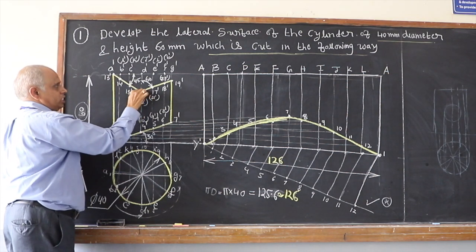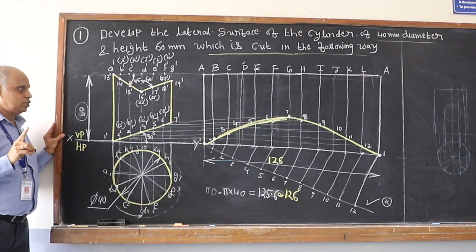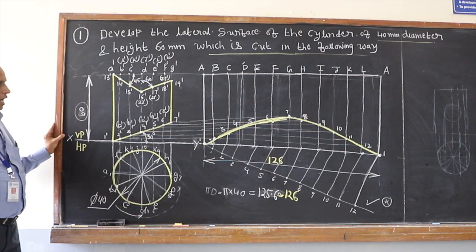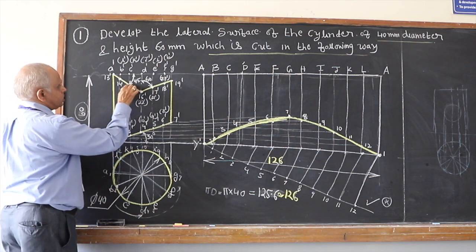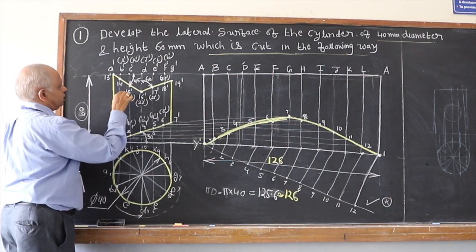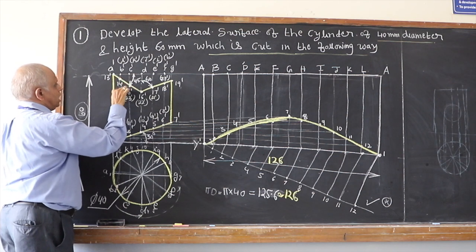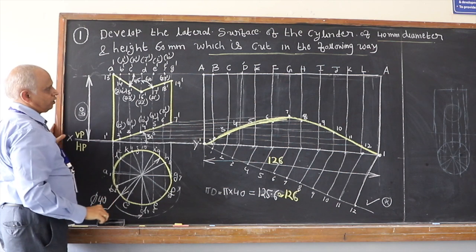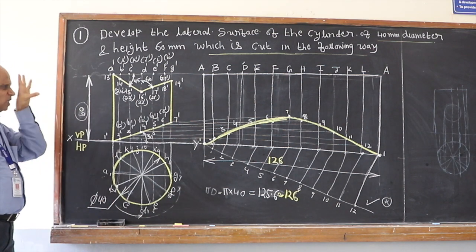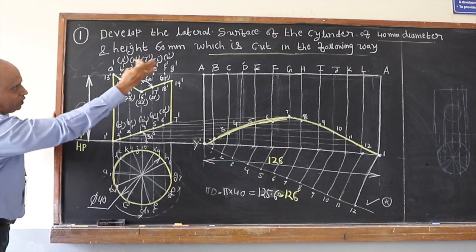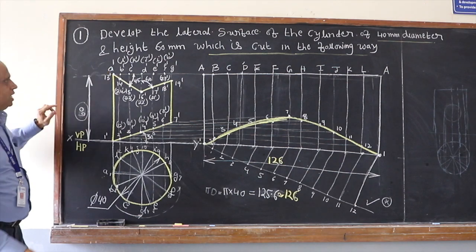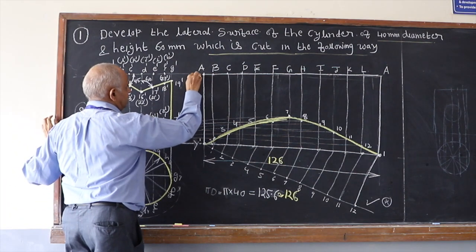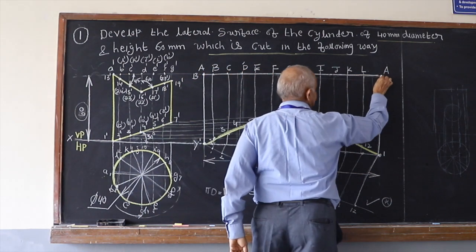Remember, at the junction of two section planes, there should be a section point in the front and a section point at the back, irrespective of whether there is an edge or a generator of our reference. So 22 dash, this is 23 dash, and this one is 24 dash. So 24 dash is the last section point. Transfer these points onto the respective locations in the development. For example, 13 is on A, so directly you can mark this as 13 and end here also at 13.